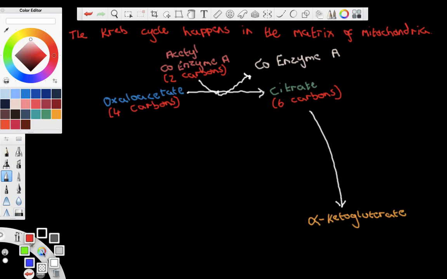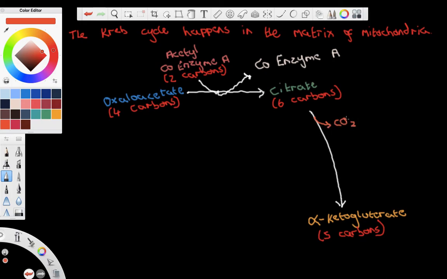Alpha-ketoglutarate is a 5-carbon molecule. It's made up of 5 carbons. Therefore, we're going from a 6-carbon molecule to a 5-carbon molecule. There is a loss of carbon dioxide here. So we get decarboxylation